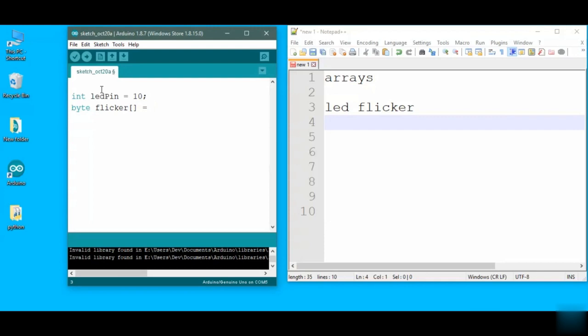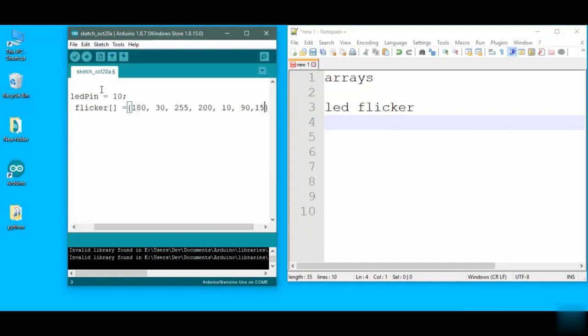Now let me provide different values to this, and that is any value you want to set for brightness. Let me provide 180, a little one of 30, another 255, one more 200, and a very little 10,